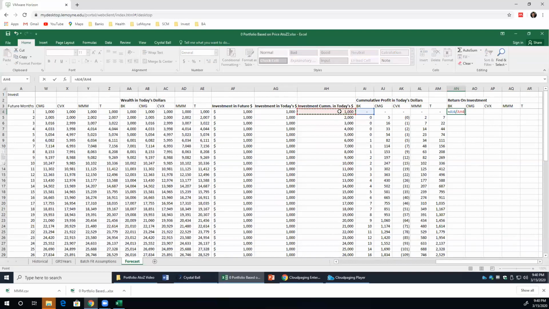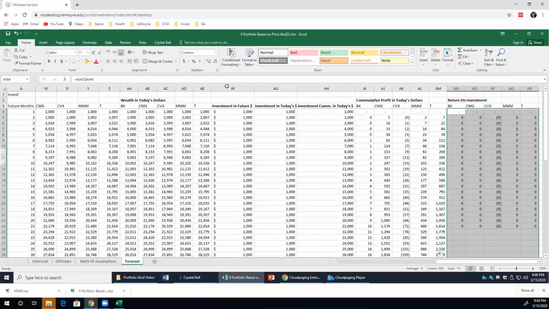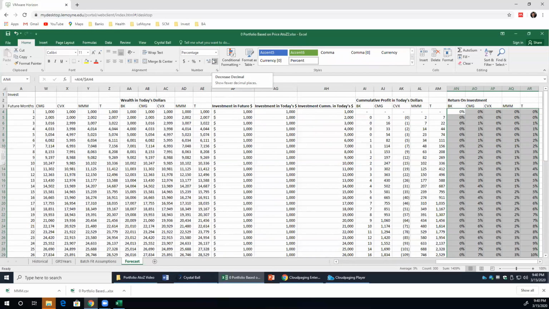So I need to lock my red cell. F4 horizontally. F4, F4, perfect. And do it this way, right? Drag it right, double click, and these are percentages. And you can see your returns of the investments in percentages. However, I need to consider time frame as well, because